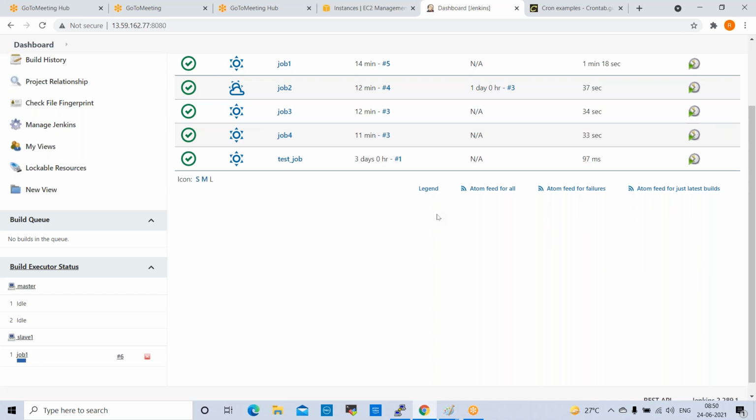Tomorrow the session is very important: user management. When any new user joins the project, how to add that user into Jenkins, how to provide the permissions, what the roles are, and how we can provide those roles. That will be covered tomorrow, and also how to restrict that user. Role-based activities, different things are there. And Monday is also important: Groovy script, Jenkins file. Most of the interviews ask Groovy only. Jenkins file means Groovy.